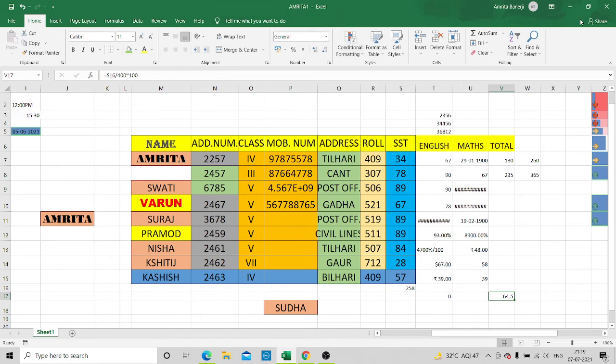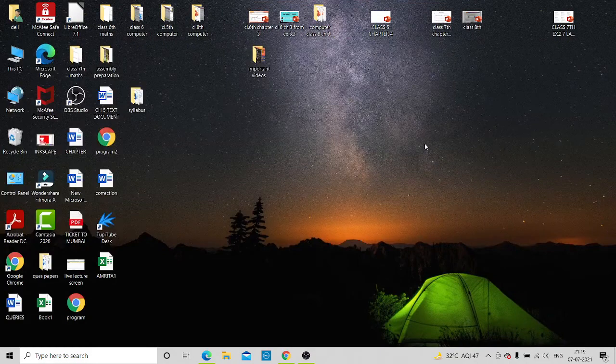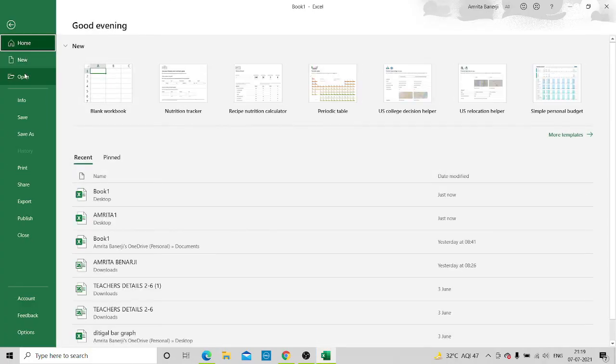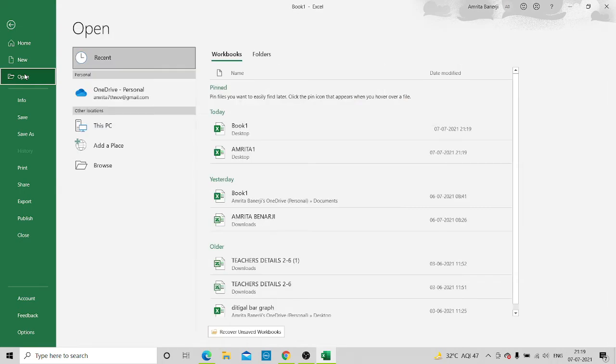Now suppose children, I will close this document. I will go to Excel once again. Suppose I will be opening another document. I have opened Book 1. Now I will go to file and I have to open some document. I will go to the open option and see, Amrita 1 is there.